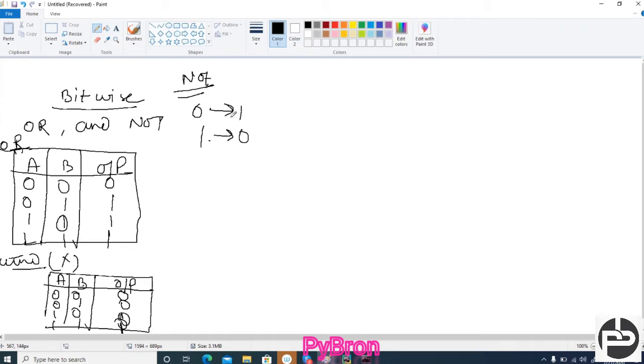Now please try to understand. If you are going to say bitwise operator, it is defined with a single symbol. Suppose you say bitwise OR, it will be defined with the help of one single pipe symbol. And logical OR is defined with a double pipe. Now try to understand. If you say 5 bitwise OR 3, what should the output be?